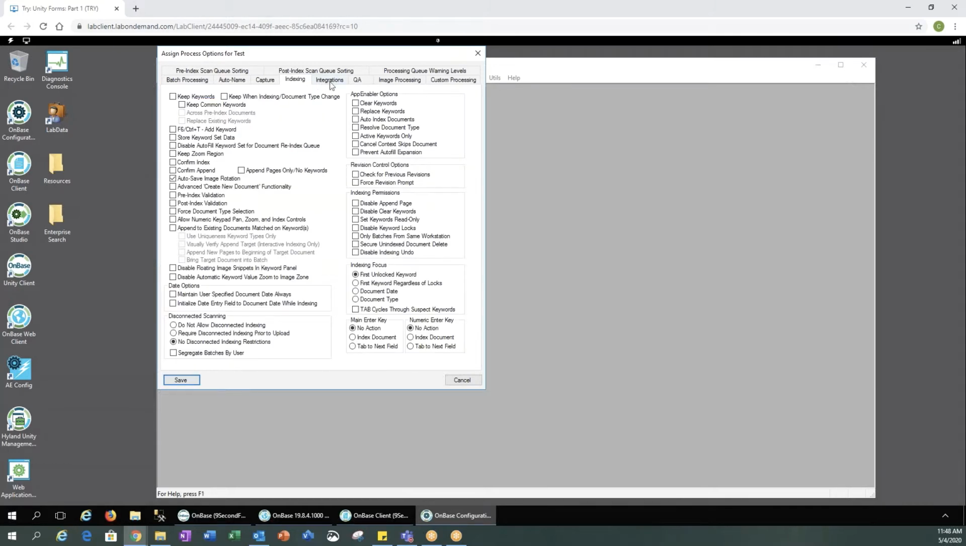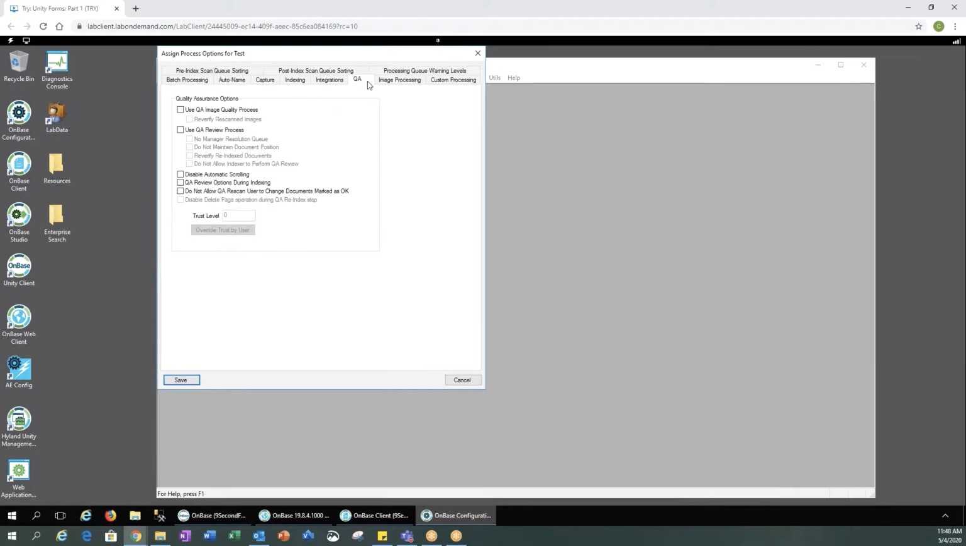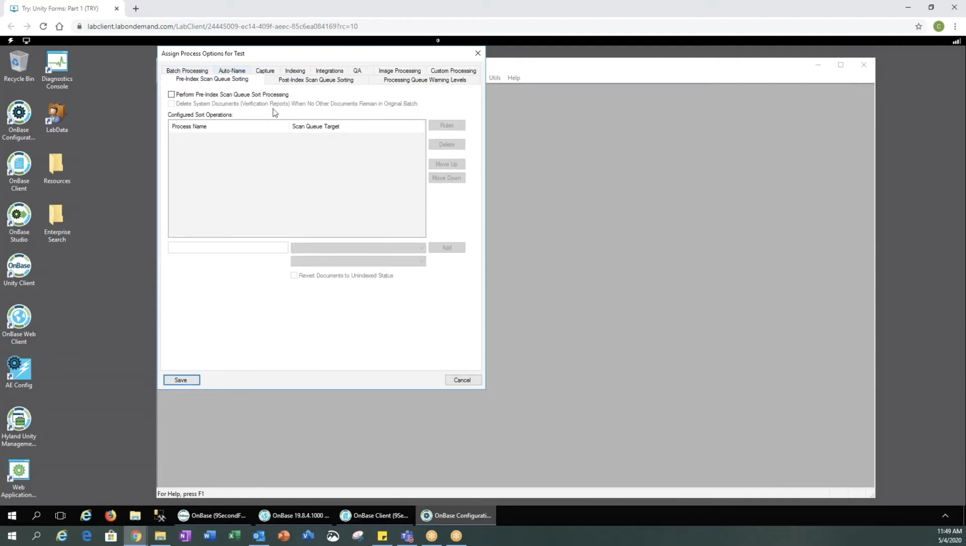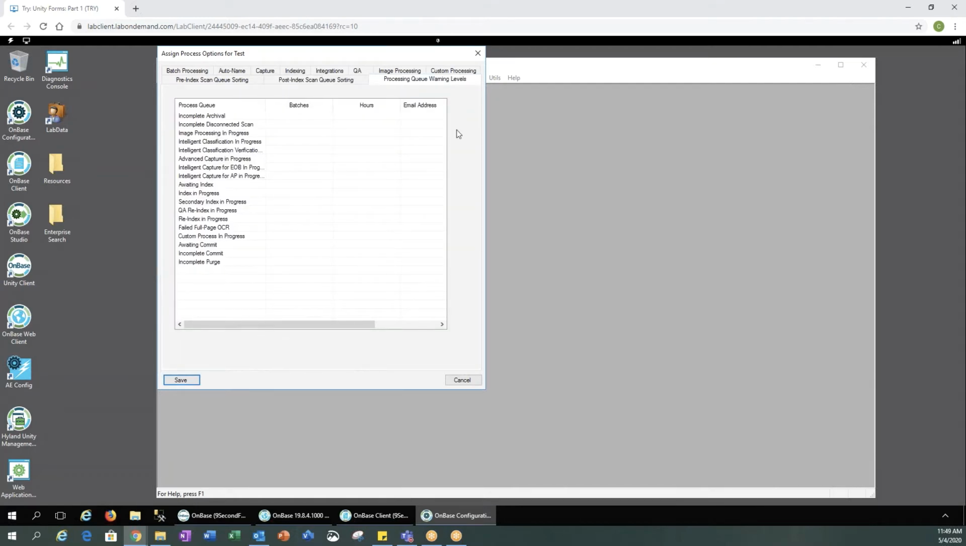There are some indexing options here, integration, quality assurance. So if I want to make sure every document has a quality assurance performed on it before it gets committed, I can set that up. Maybe I only want a certain percentage to be reviewed, or maybe I want users to be able to override the quality assurance. So all that can be set up on this tab. We have image processing options, custom processing options, pre-index scan queue sorting options, as well as the post-index scan queue sorting options. And then also another tab that I think a lot of organizations overlook is a processing queue